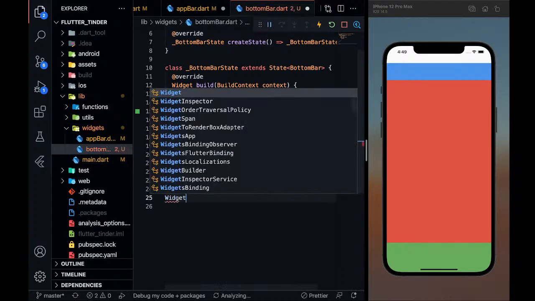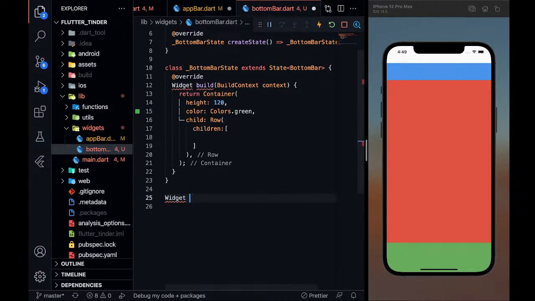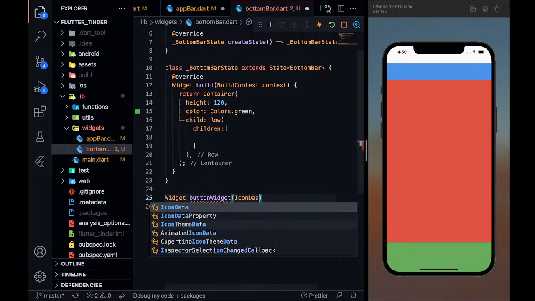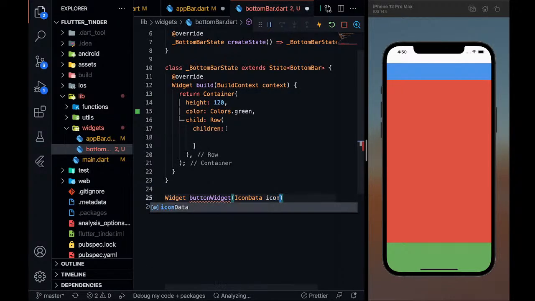So I'm going to call it widget, and let's call it button widget. And this is going to take some parameters, that is nothing but some icon, the icon that I want to keep inside that circular container. So it will be icon data icon, and the color of that icon. So color,